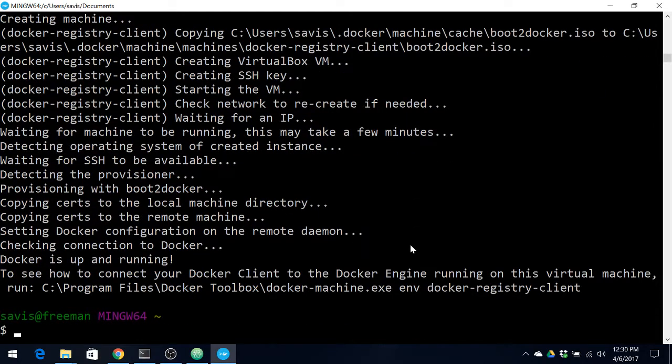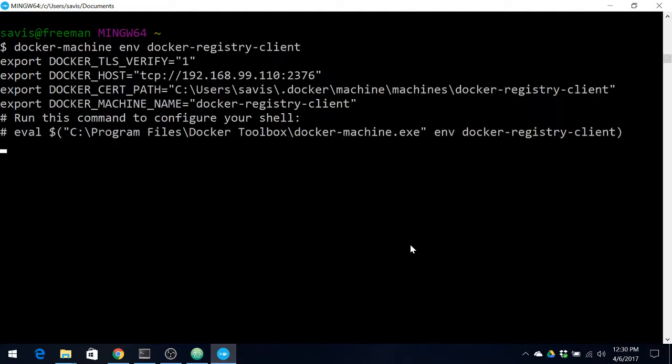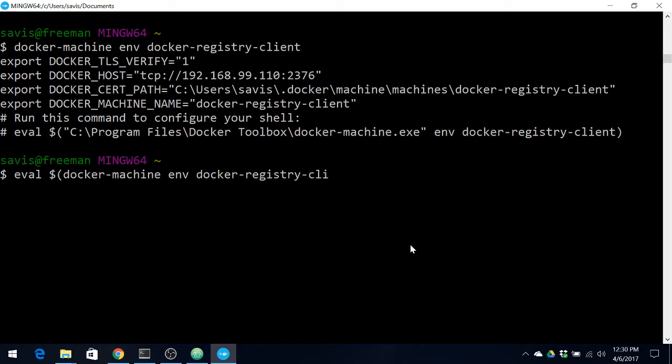And our Docker machine is up and running. Let's connect to our Docker machine. The procedure is exactly the same for any Docker machine. So what we have done is that we have evaluated the output of docker-machine env docker-registry-client.